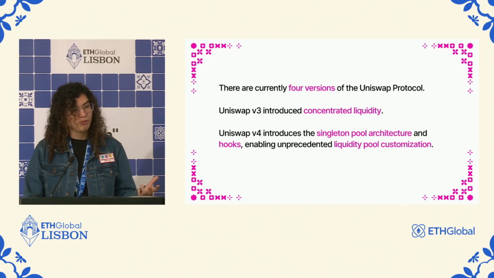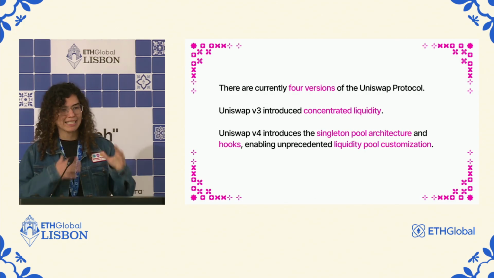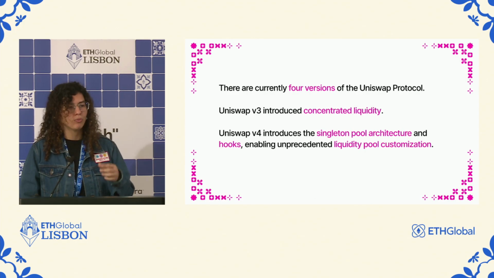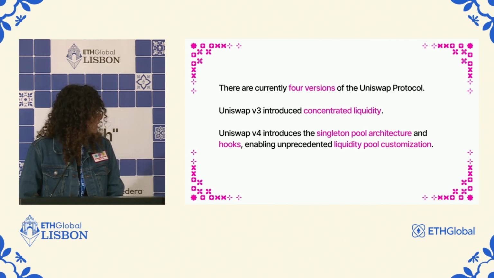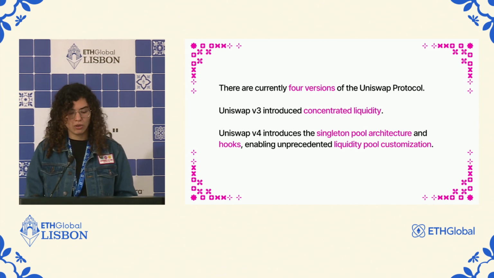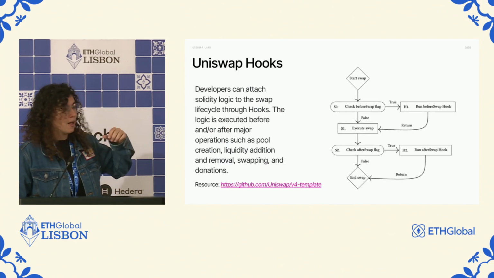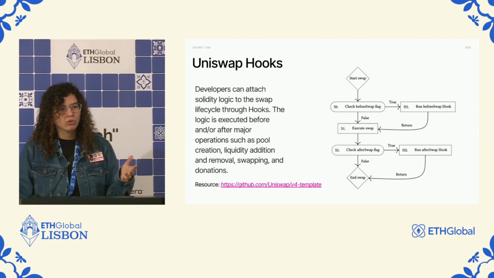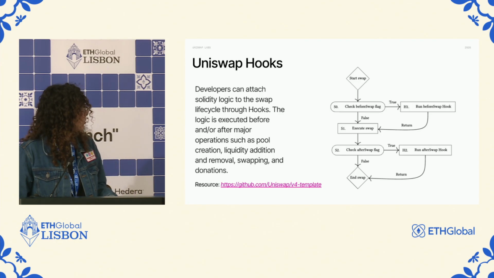And then Uniswap V4, as I mentioned, introduced the Singleton pool architecture, where everything happens in one contract, but also hooks, which you can use to add specific custom logic. So this basically enables liquidity pool customization at the Uniswap V4 level. Again, Uniswap hooks are pretty much optional. You can also use vanilla pools, but if you want to use hook pools, it works like this: